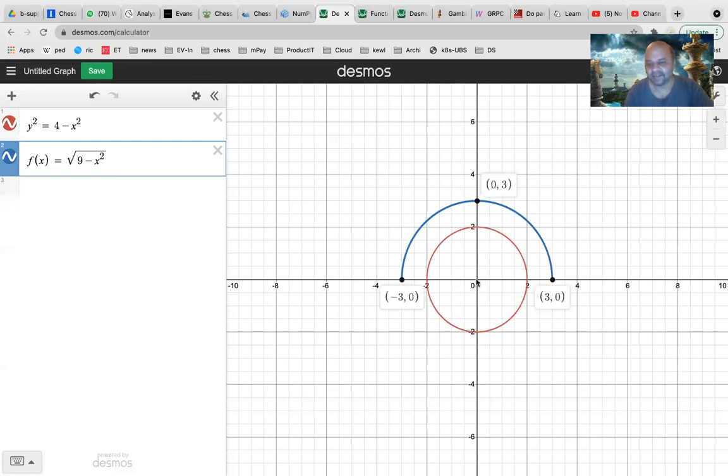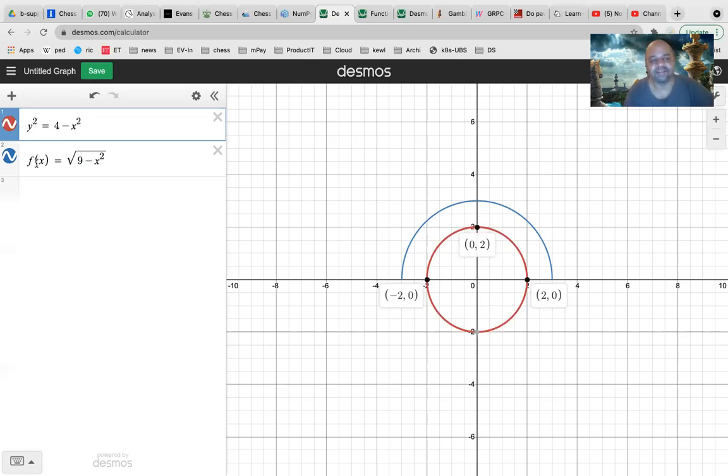This circle starting with 0, the radius is 3, and hence the value that is coming here is 9. If I take the radius as 2, see here this point, and this point. This is the circle belonging to 4 minus x square. Okay, but you have to take the square root.